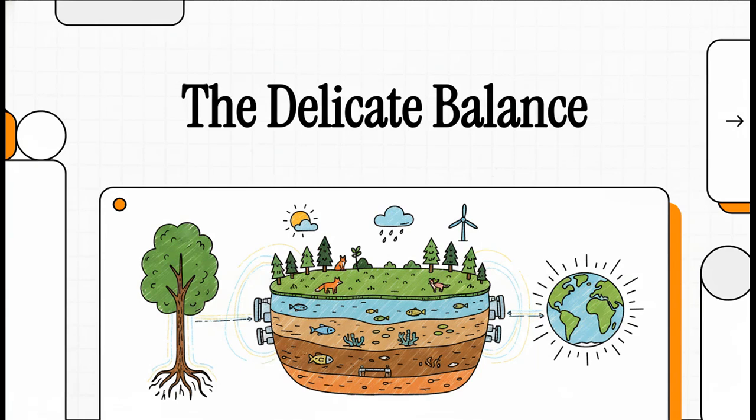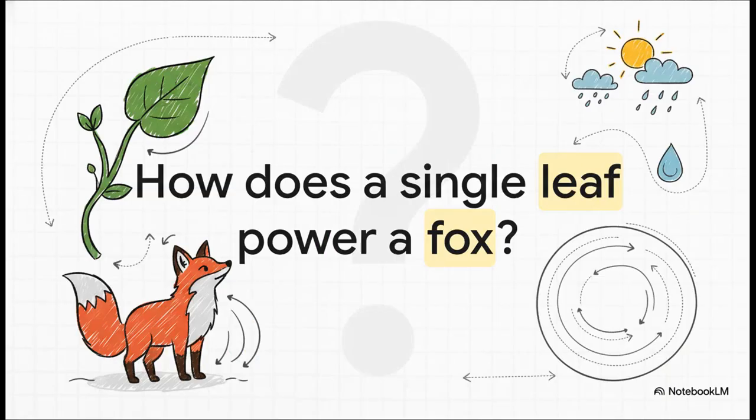All right, today we're going to peel back the layers of our planet. We're going to look at the invisible engine that powers, well, everything, from a single forest all the way up to the entire globe. So let's just dive right in. Now that might sound a little bit like a riddle, right? But the answer is actually the key to understanding how all life on Earth is connected in one massive, incredibly intricate network. To find that answer, we first need to get a handle on the stage where this whole drama